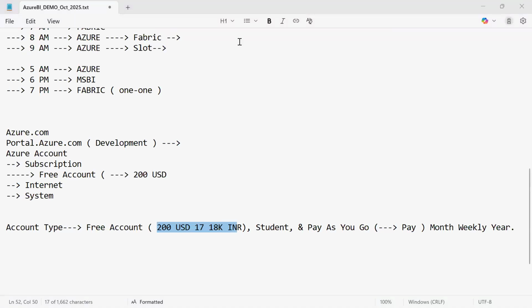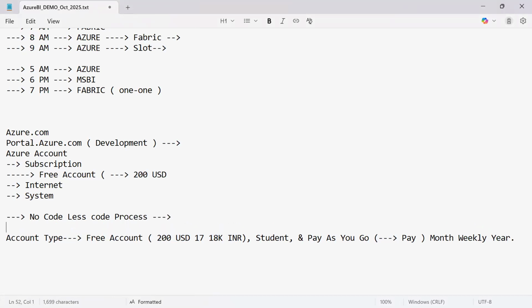Any company that wants to work with Azure first needs to understand what it is. Until you go and explore the services, you may not understand the comparison between Azure and AWS and GCP, Google Cloud. As I told you in the last session, Microsoft always targets people with low-code and less-code processes. Any non-technical person can easily work with Microsoft Azure.